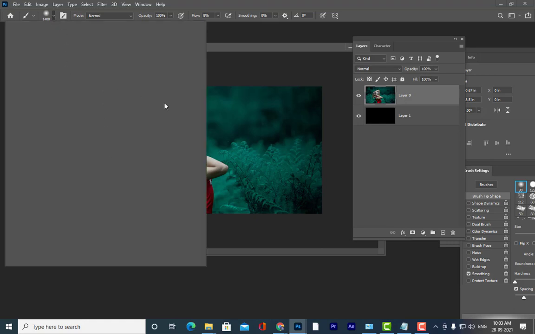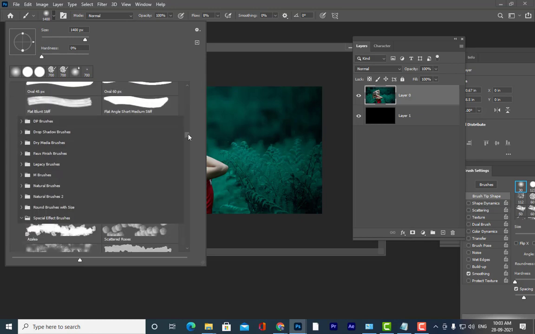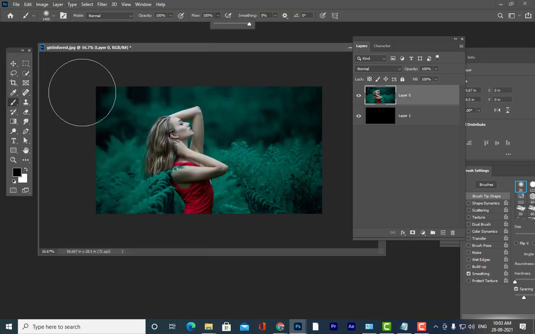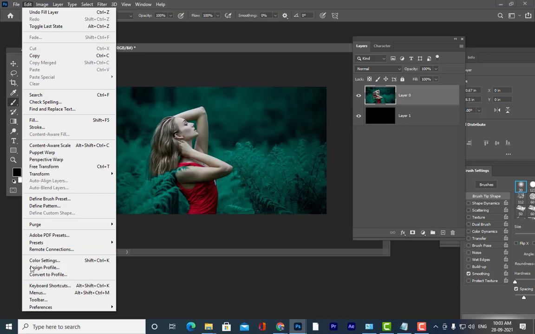I think my complete Photoshop software is visible for all of you now. A complete Photoshop screen is visible now, everybody. Yes, sir. Okay, right.